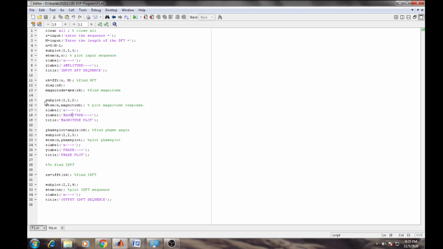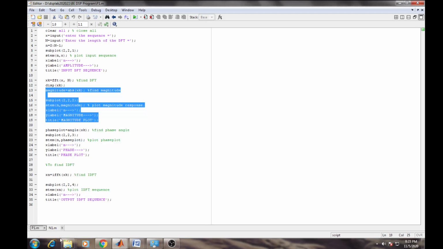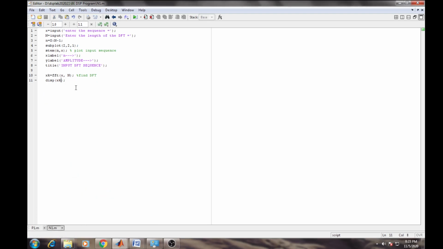I just copy this code along with the magnitude part, and we are going to execute this code in this side window. Now I paste this code and execute it: save and run. The green button is here, and you can execute it here.